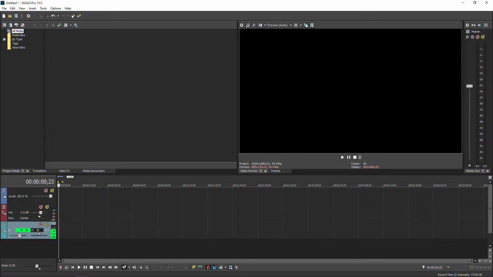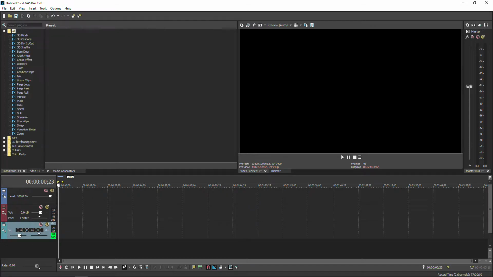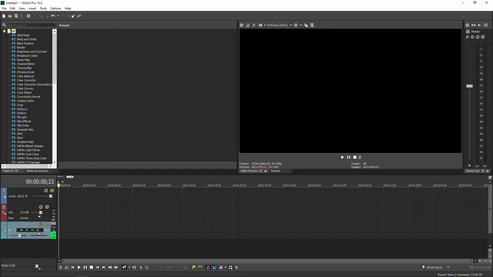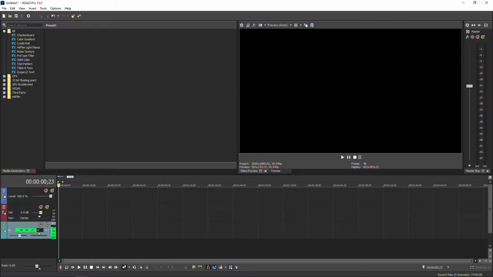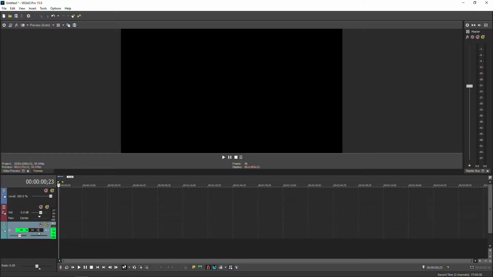So if you ever noticed those tabs around here, you probably saw those X's, and if you are like me, you are pretty curious and you pressed like this, maybe this, maybe this, and maybe this, and you were left with only the video preview screen.